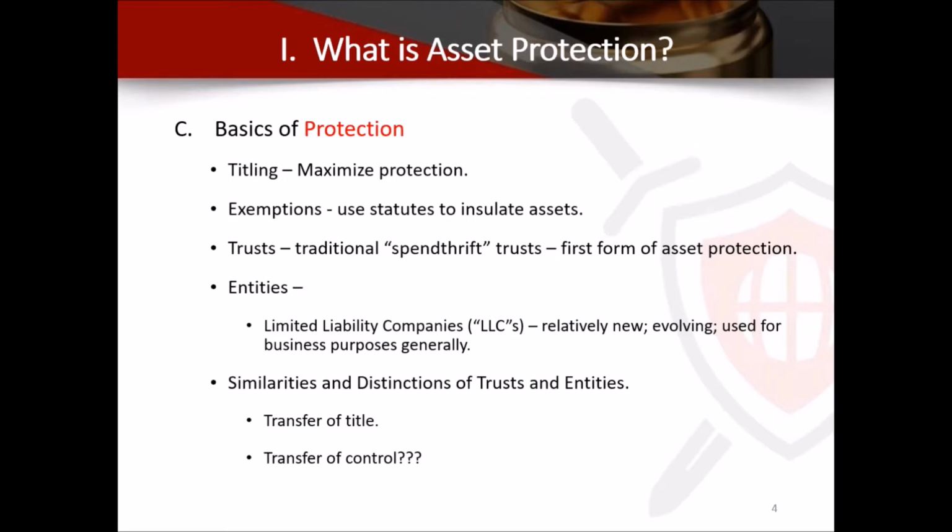We'll go into that toward the end of this presentation. We say entities because articles are filed with the state, and generally they're business entities. Of course, you have family business entities and family investment entities, etc. But those have to do with limiting liability with respect to what happens inside the entity, the old corporate protection. That's the corporate veil. In other words, what goes on in the corporation stays in the corporation. I'm not liable as a shareholder for what happens.